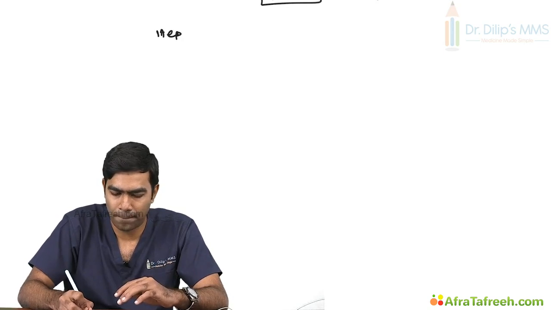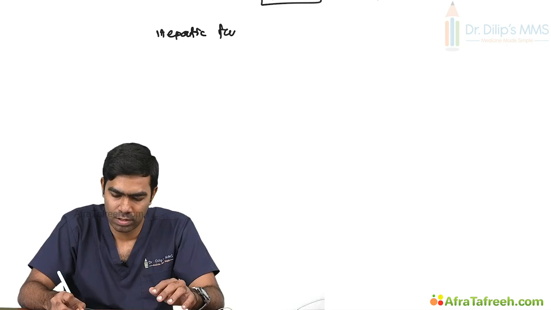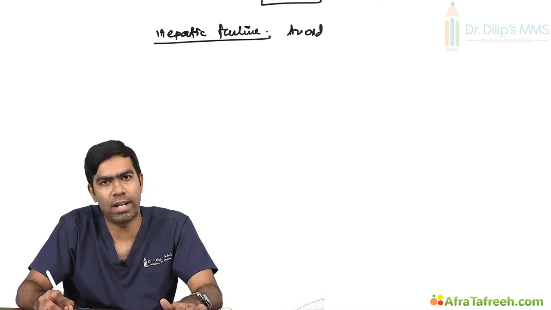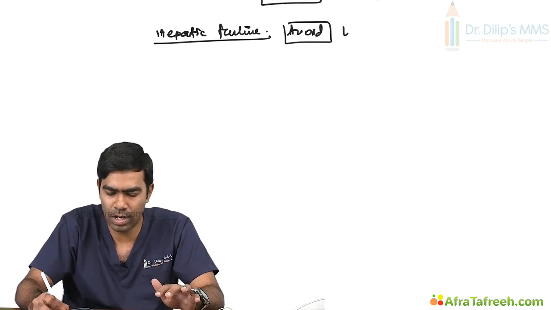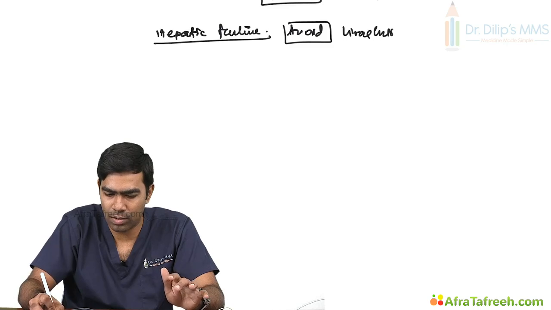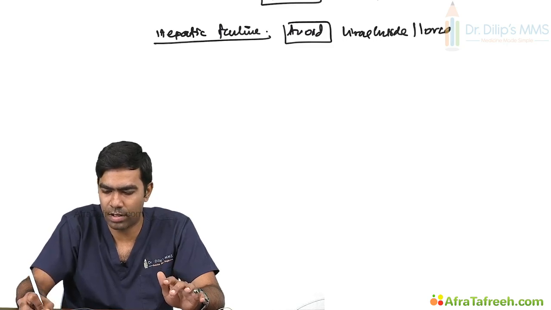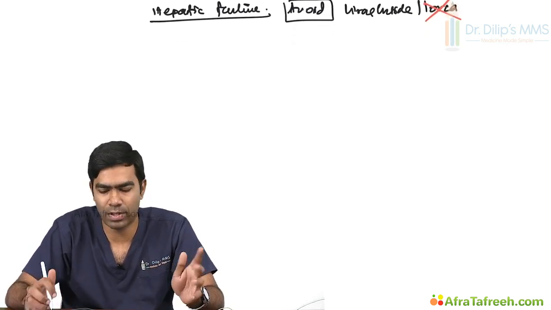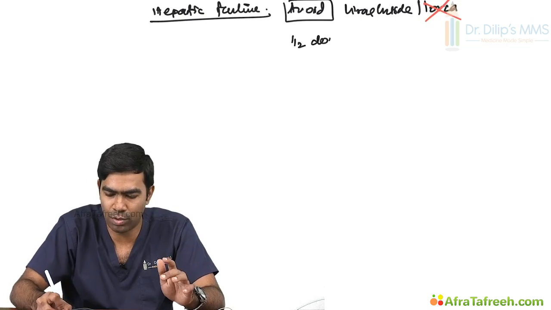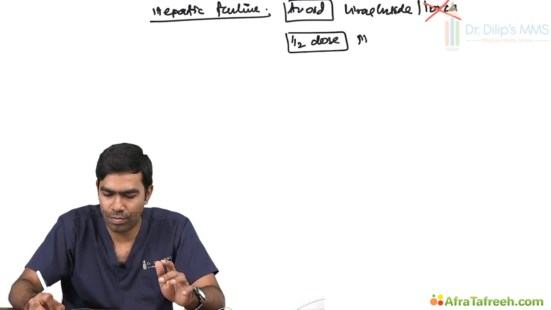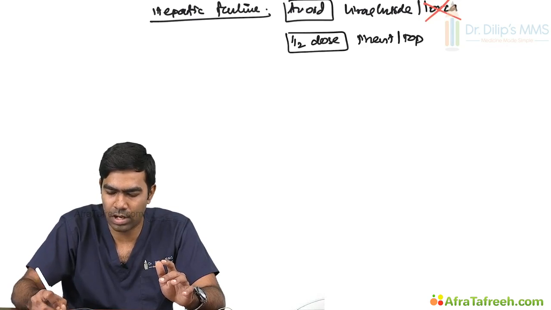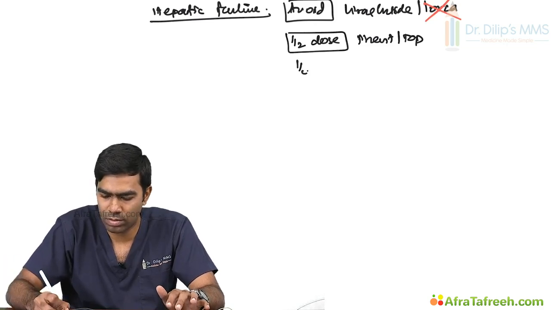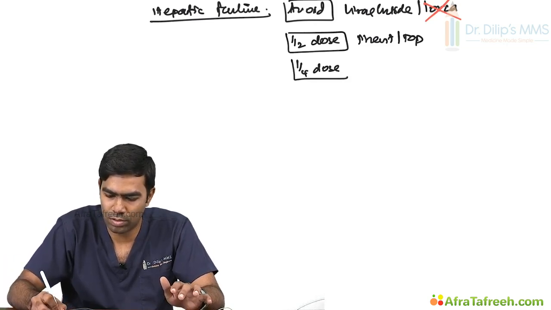And what about hepatic failure? With hepatic failure, once again, I'm going to avoid definitely liraglutide. There's no doubt about that. Liraglutide and lorcaserin. Anyway, lorcaserin is banned, so not a problem now. So liraglutide has to be avoided in patients with hepatic failure. And you have to give half dose of phentermine topiramate combination, and you have to give only quarter dose with regards to